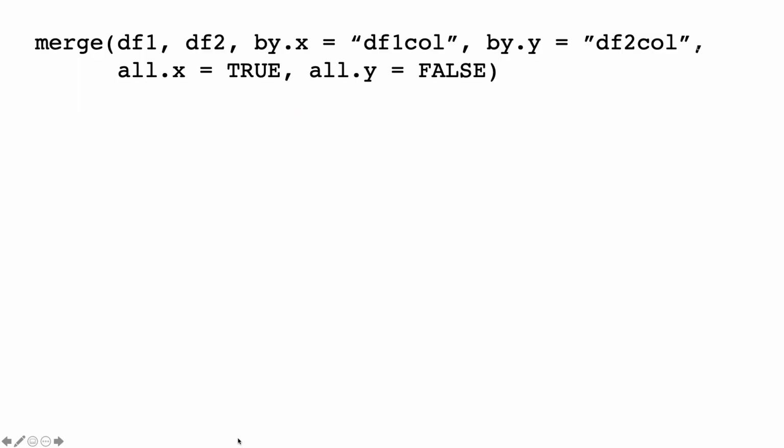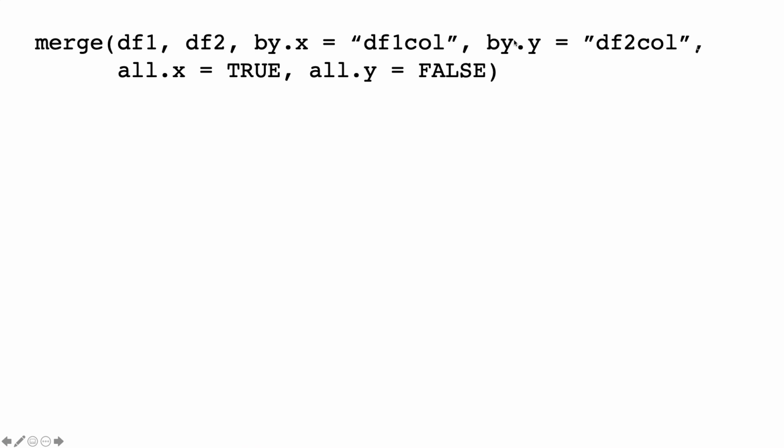The syntax for merge is first data frame, second data frame, and then optional arguments if you need them. It doesn't matter the order, but whichever one is first is considered X, and the second one is Y. If the columns you want to join by don't have the same names, you need to tell merge which columns you want to join by: by.x for the X data frame column name, and by.y for the Y one.